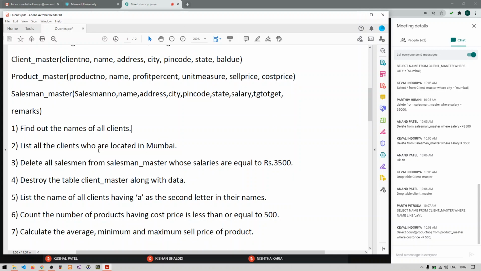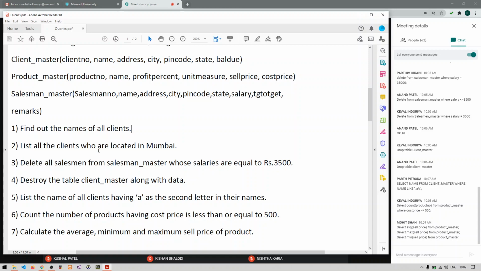Calculate the average, minimum and maximum sell price of product. Mohit, you need to use only one query, not three different queries.